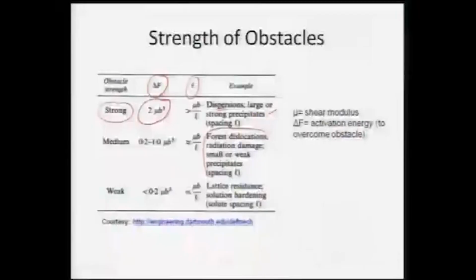Once we have higher dislocations, a forest of dislocations, or very weak precipitates, that will lead to a lowering of the activation energy, or we require lower stress for the shearing or the movement of the grain boundaries for this creep. And once we have pretty low obstacle strength, we require a very low shear strength for causing this creep. There will be very low lattice resistance, or very low solution hardening.